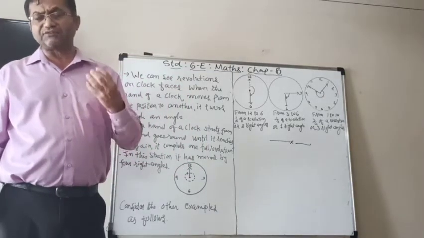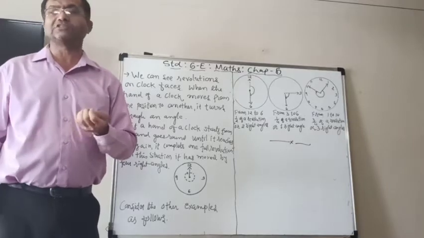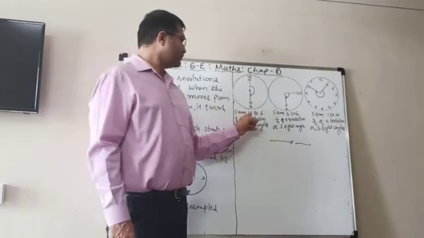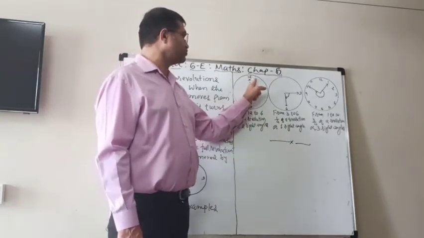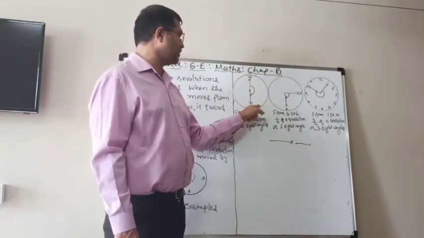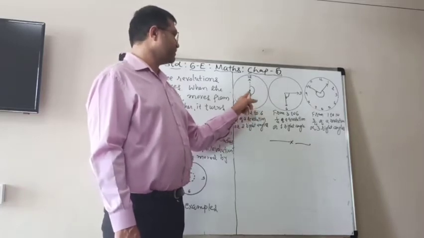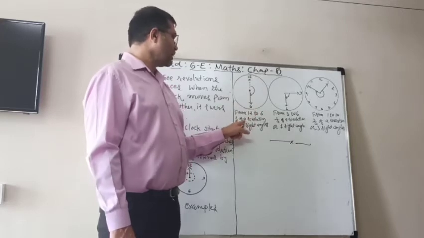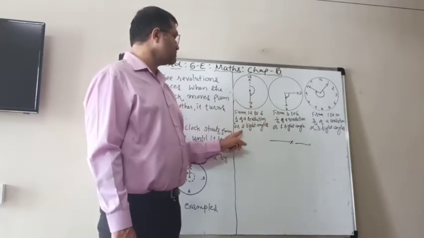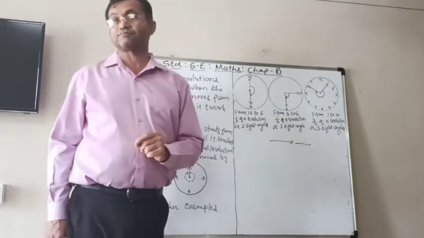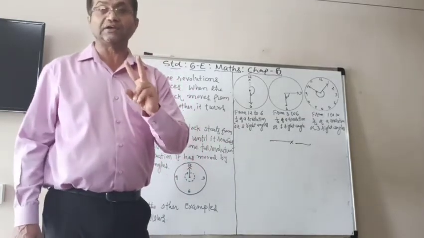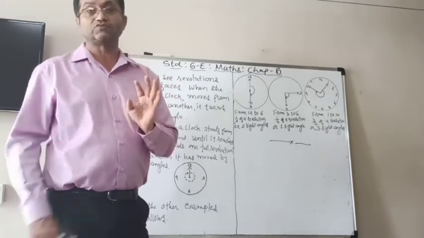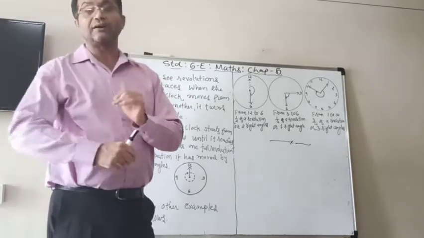Now we can understand the different types of situations on the clock through the hands. Look here, from 12 to 6, it starts from 12, moves 1, 2, 3, 4, 5 and comes to the 6. Then how many right angles are there? 1 and 2 right angles. So it is half of a revolution, or you can say 2 right angles. Not a complete revolution, but only half of it.